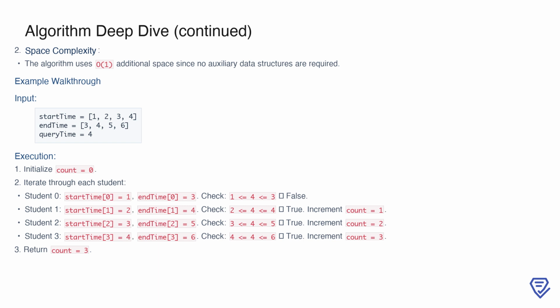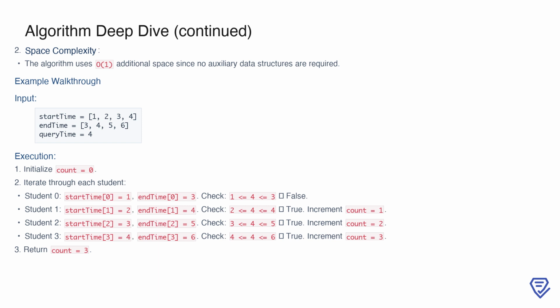Suppose we have the following inputs: start time equals [1, 2, 3, 4], end time equals [3, 4, 5, 6], and query time equals 4. We start by initializing count to 0. Then, we iterate through each student's homework session to check the condition. For student 0, the interval is from 1 to 3, and the condition 1 <= 4 <= 3 is false. For student 1, the interval is from 2 to 4, and the condition 2 <= 4 <= 4 is true, so we